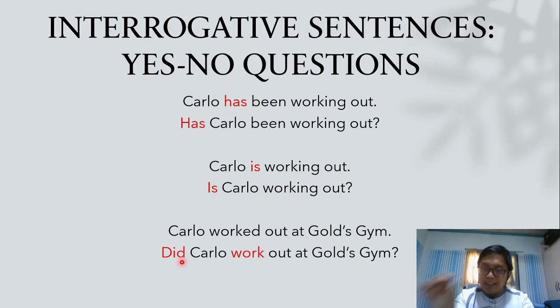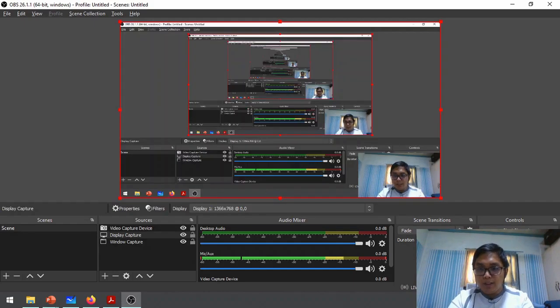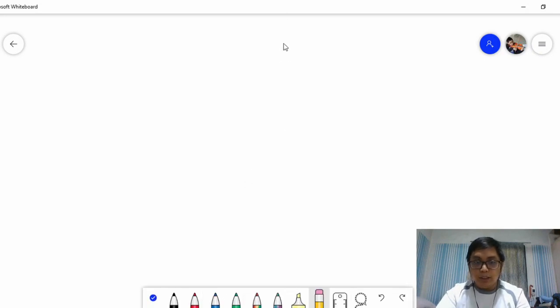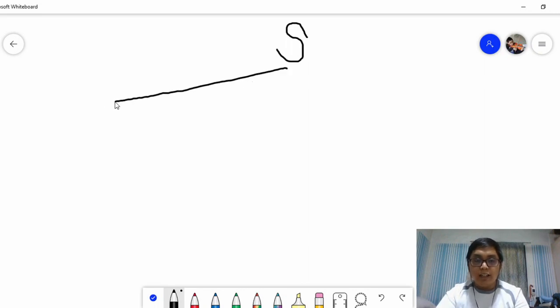Alright? So, ready? Trees naman tayo ngayon. Alright? Let's do this. Okay, to start, let's now make the phrase structure trees on the first sentence, Carlo has been working out. To start off, of course, let's put the top node here. So, we have S. And then, since our first auxiliary has been the word has, lalagay kagad natin siya on the top left, which is then your